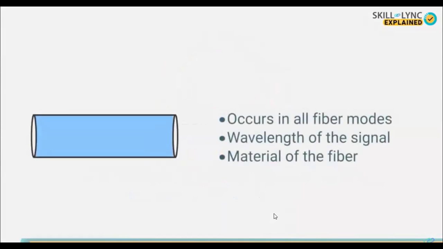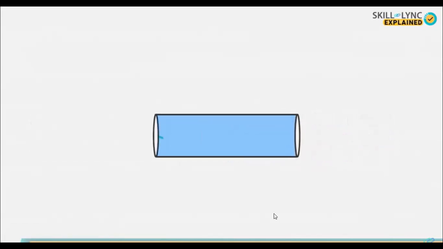Next, we have intramodal dispersion. Intramodal dispersion occurs in all modes of fibers. Here, the dispersion is dependent upon the wavelength of the optical signal and the material of the optical fiber. As different signals have different wavelengths, they interact with the fiber refractive index differently. This leads to the signal being bent by different angles inside the optical fiber, making the signal reach the receiver end at different times. This results in the pulse broadening of the signal. As the pulse broadens, it overlaps onto the other signal, causing loss in the information.